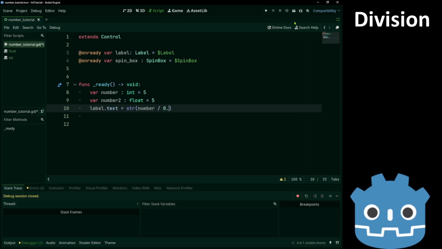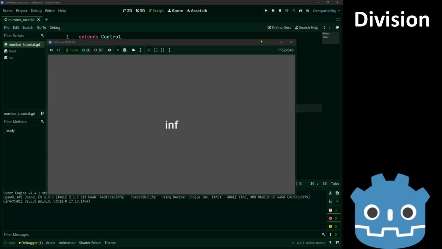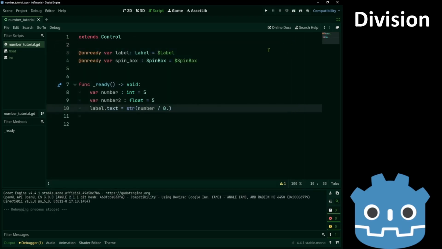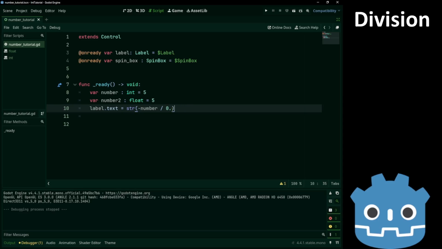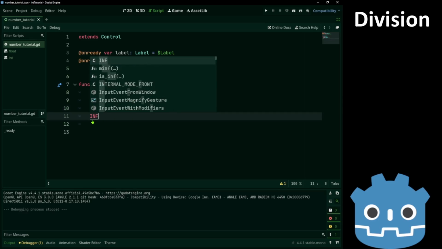Add a dot to the 0. Now we get infinity. We can also get negative infinity if one of the numbers is negative. Infinity is a special constant we'll see in the future.